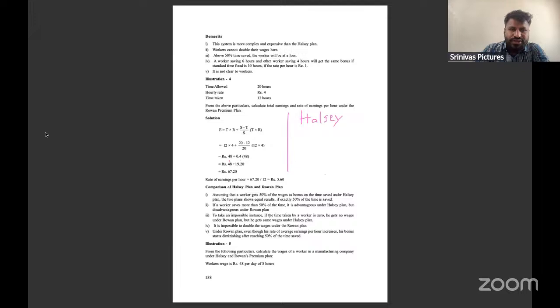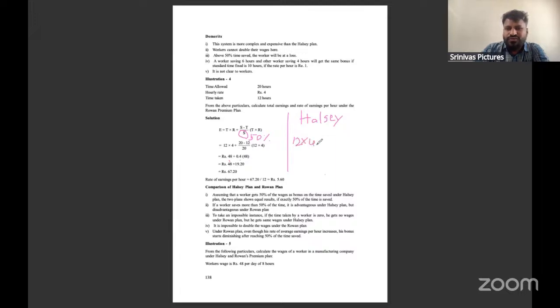Here we are going to take percentage. Generally, whatever time saved, instead of total time, we are going to take 50% of incentives we are going to give. So simply here you can give 12 into